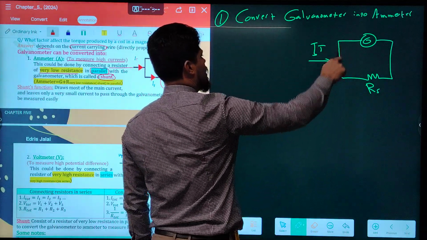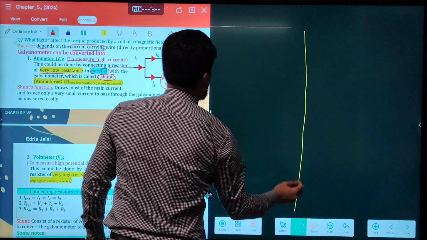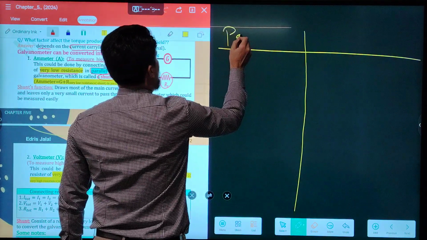What is the type of connection here? It is parallel connection. Many students are struggling with parallel connection and series connection. Guys, look, in parallel connection,